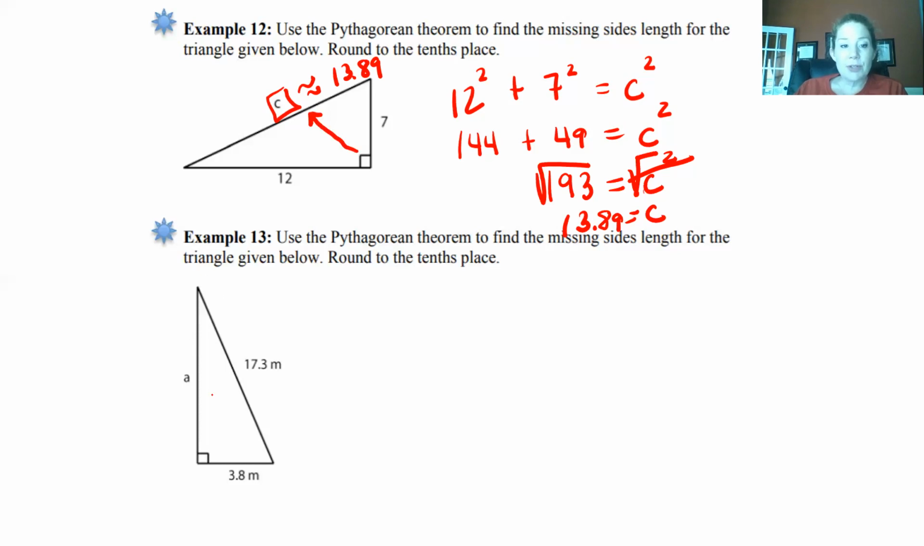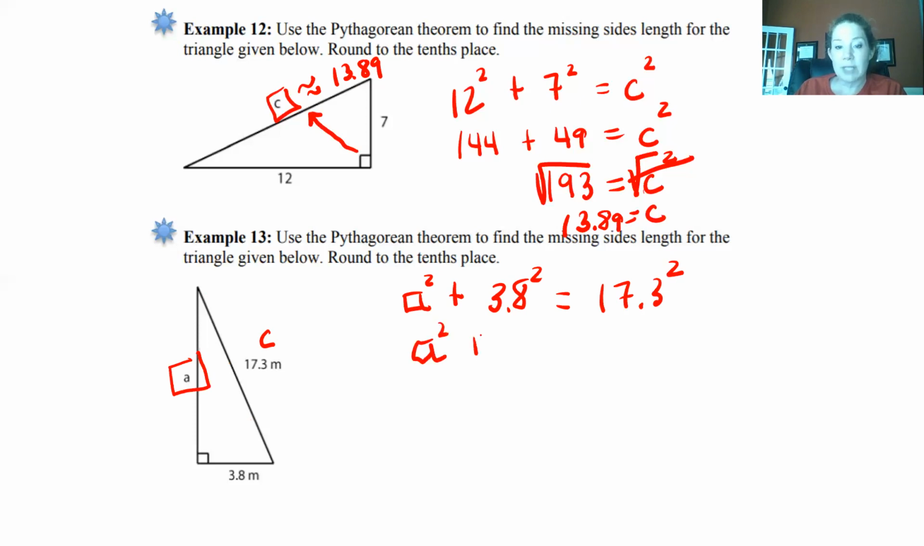All right, let's look at example 13. Now this time we're missing the letter A. So this has to be letter B because it's the other short leg. And then C has to be the hypotenuse, which is the longest side. So this time A is our unknown. So we're going to leave it A squared plus, now our B is 3.8 squared is equal to 17.3 squared. We still don't know what A is, but we know that 3.8 squared is 14.44 is equal to 17.3 squared is